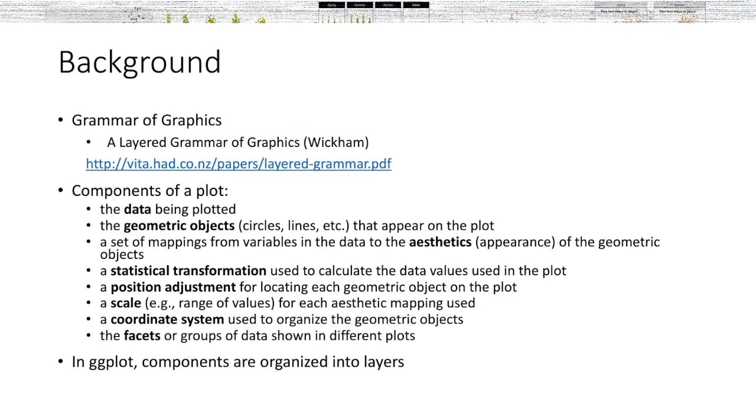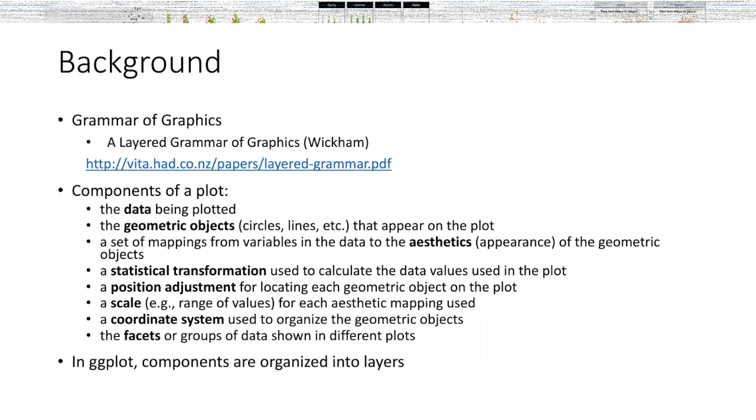And next, we'll talk about some background. Just as the grammar of language helps us construct meaningful sentences out of words, like we have grammar for R, grammar for Python, grammar for Bash, those programming languages, there's also a grammar for graphics that helps us construct graphical figures out of different visual elements. So there's this guy called Leland Wilkinson. He wrote a book and developed a concept called grammar of graphics. The book is called The Grammar of Graphics, if you're interested. It's a pretty